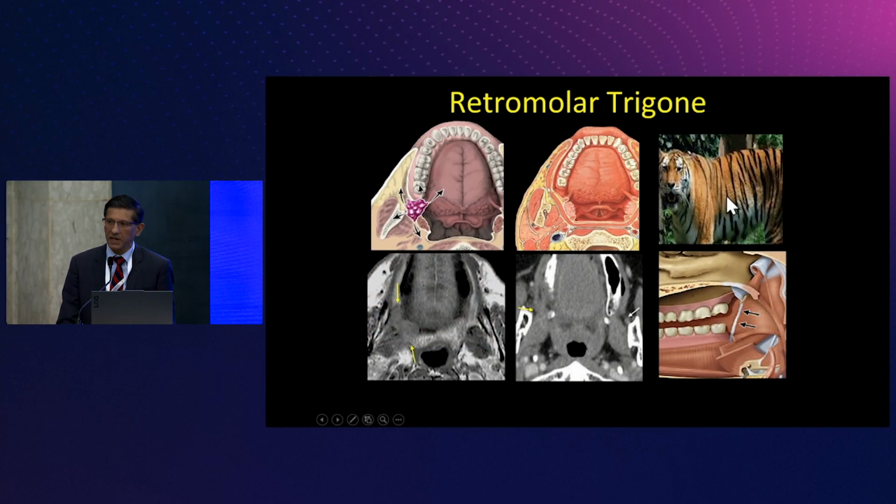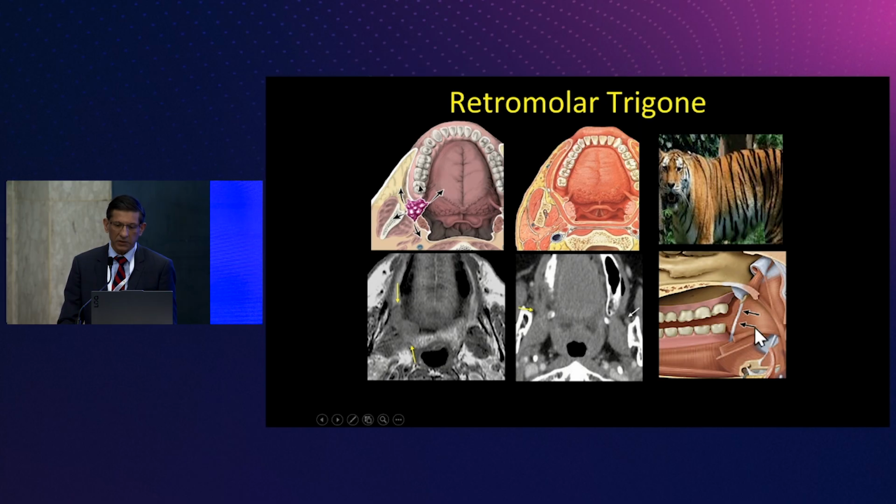So this is my favorite tiger. This is my favorite animal. These are my tiger stripes. So this is an example of a retromolar trigone carcinoma. Now what I want to do is draw a line down the middle, compare the left side to the right side, and now you can learn how to use my tiger stripes. So this area right here is going to be the buccinator muscle. This is going to be the fat right here, and this is the mandible here. Now look at the opposite side. Notice the stripe right here, the stripe is gone, and right here is this tumor involving the retromolar trigone. So it's a little bit anterior and a little bit posteriorly.